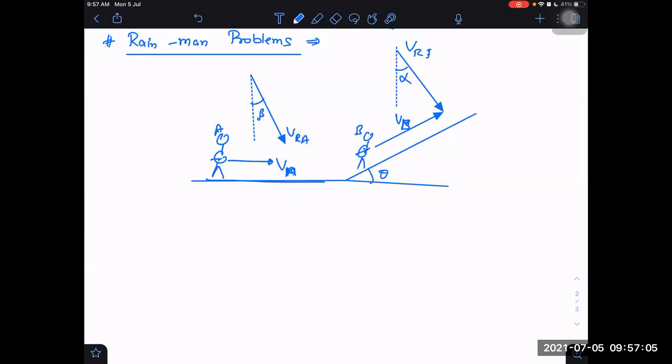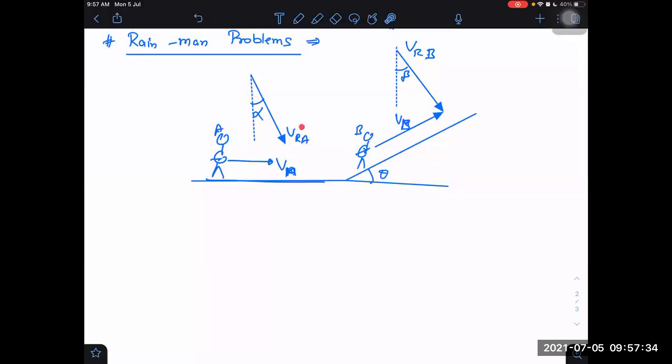So you do like this: velocity of rain with respect to B, and rain with respect to A. And also don't use this confusing notation. B looks like it matches with beta and A matches with alpha. These minor things also will create a difference. We will remember it: A for alpha, B for beta. If the examiner himself is giving us that take it as alpha when A is walking, then that is a different issue. But ourselves, we can use our proper notations in such a way.